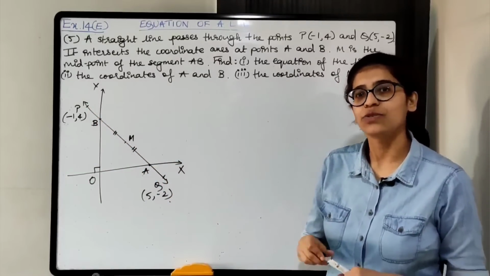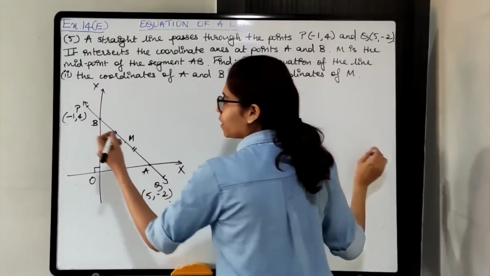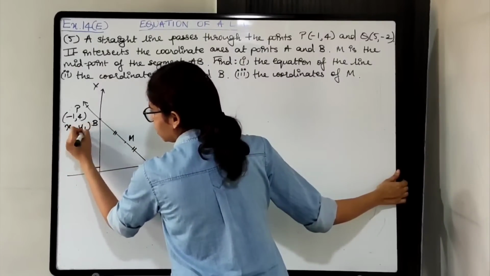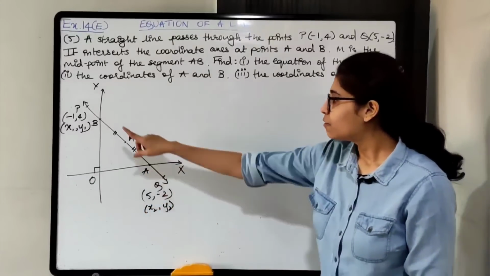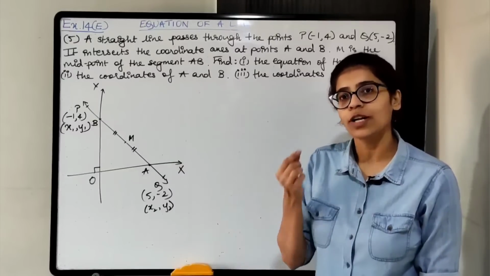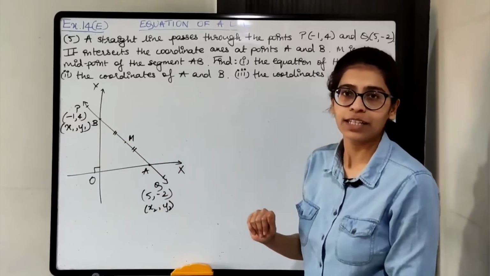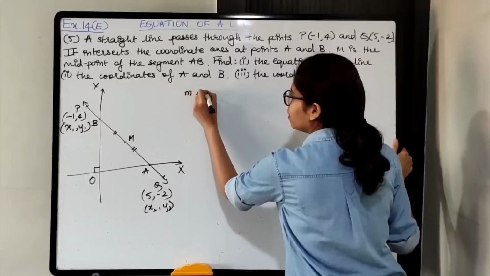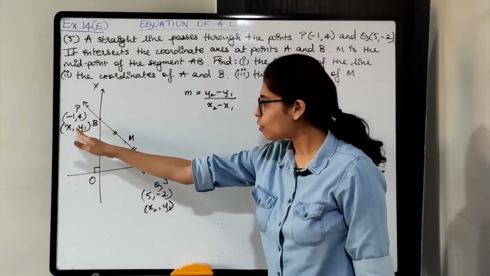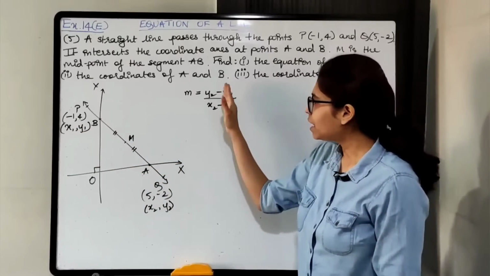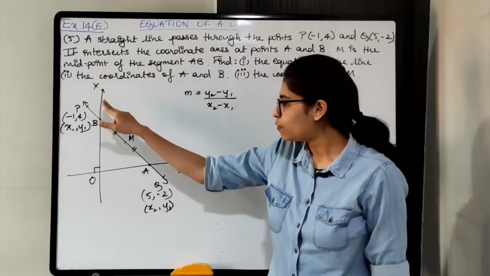कैसे find out करेंगे? Using 2 points form. We are given 2 points का coordinates. P we are taking as x1 y1, Q as x2 y2. First thing that we'll do is find the slope. For any equation of any line we need slope. So slope हम लोग find out करेंगे using the formula y2 minus y1 upon x2 minus x1. Put the values of x1, y1, x2, y2, or you can take it as y1 minus y2 upon x1 minus x2. You will still get same answer. So you will get the slope of line PQ.